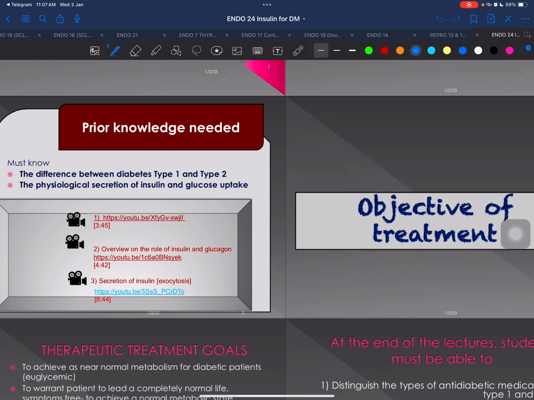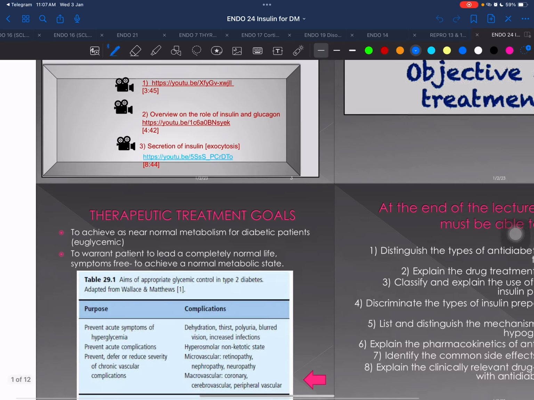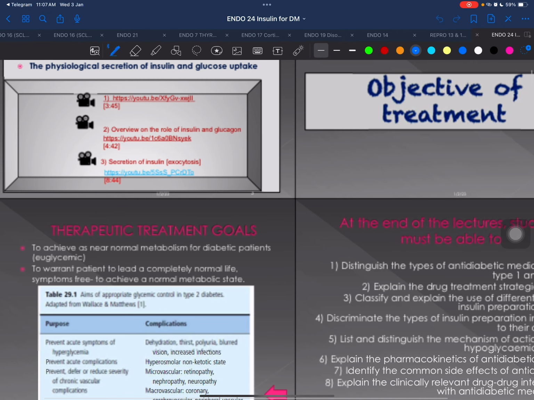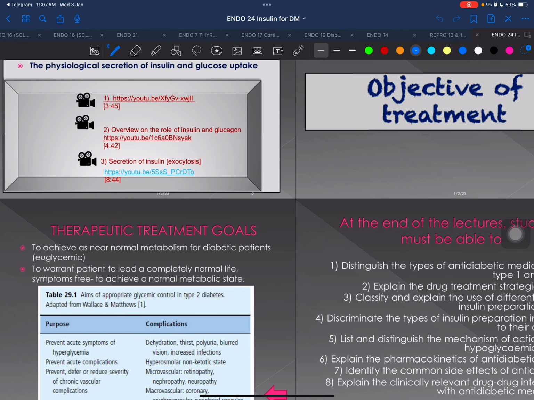And then you should know by now what is the difference in the pathology of type 1 and type 2 diabetes mellitus, okay? Because the way to manage